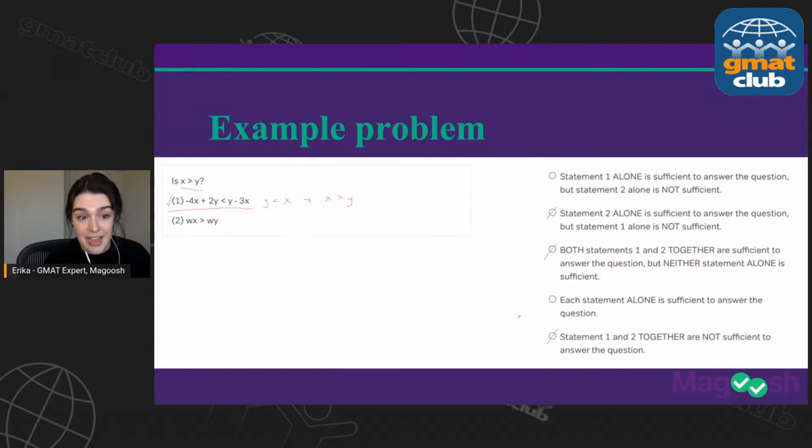Nice. Okay. So far, this has been a little bit easy. Just bearing that in mind as we go into statement 2. All right. I'm on a roll, all right, let me simplify statement 2. We might go, hey, I got W's on both sides, so I'm just going to cancel out the W's, divide by W on both sides, and I get X is greater than Y again. Nice, sufficient. The answer is D,